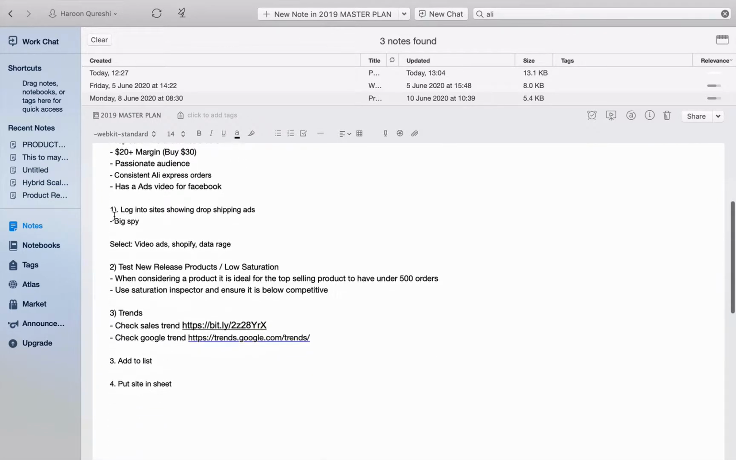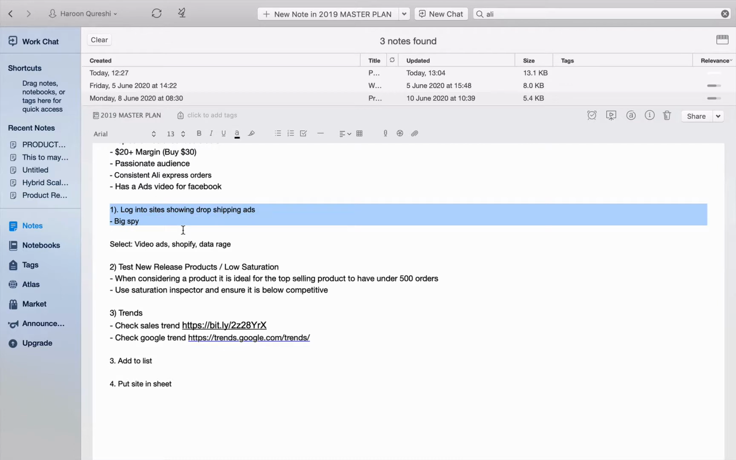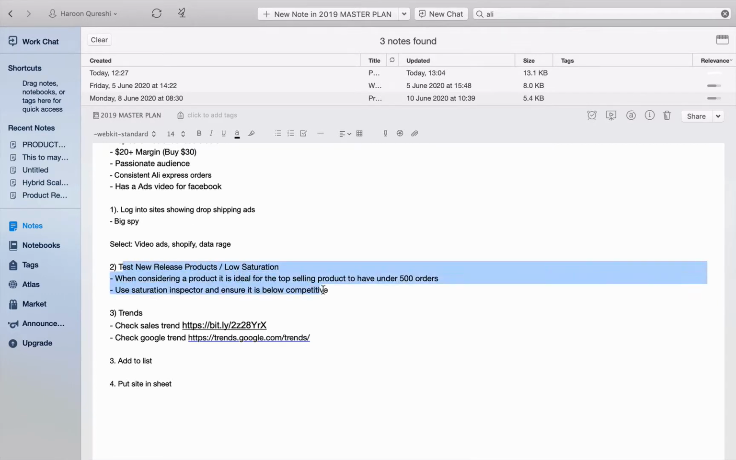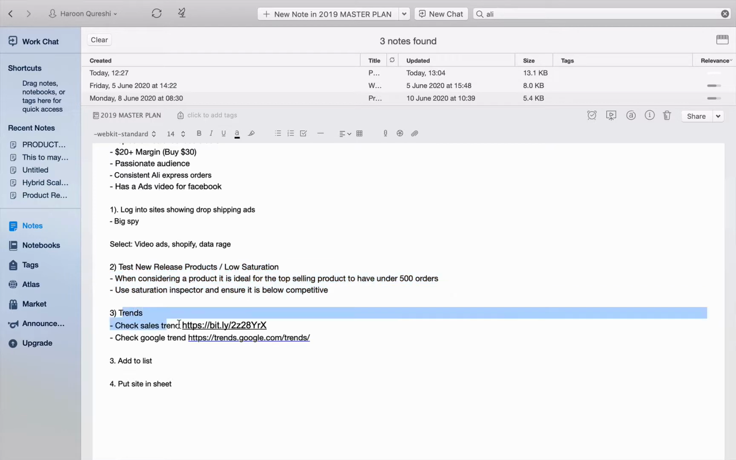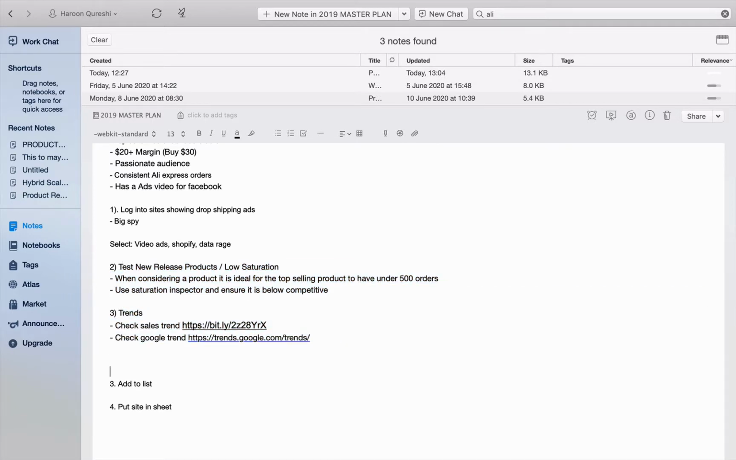So what we're going to do is we're going to use sites. We're going to use BigSpy as the example in this video to uncover ads that are currently running. Okay, we're then going to analyze if that product is saturated or not. We're going to then see if there's a trend. We're going to then check other products being sold by